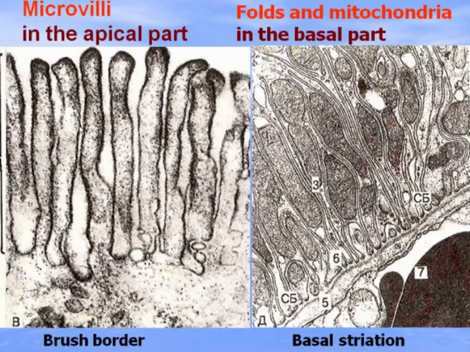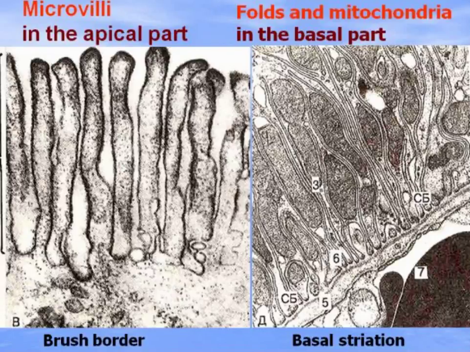Microvilli in the apical part, the brush border, and folds of basal cytolemma and mitochondria in these folds form the basal striation for absorption of ions and water. Mitochondria provide the energy